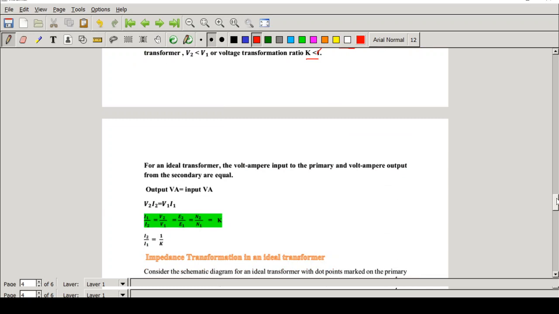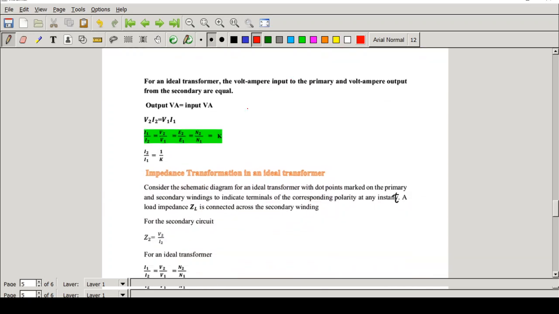Now let's see how we can relate it with the current also. In the case of an ideal transformer, the output volt ampere, that is voltage into current, is equal to the input volt ampere. In the case of motor and generator, we denote the power rating in kilowatts, whereas in the case of transformer, we denote it as kilovolt ampere because it depends on the type of the load. When you write the power equation for a transformer, it is not just VI, it is VI cos phi, where phi indicates the phase angle between the voltage and current depending on the type of the load. That is also a very important thing to keep in mind.